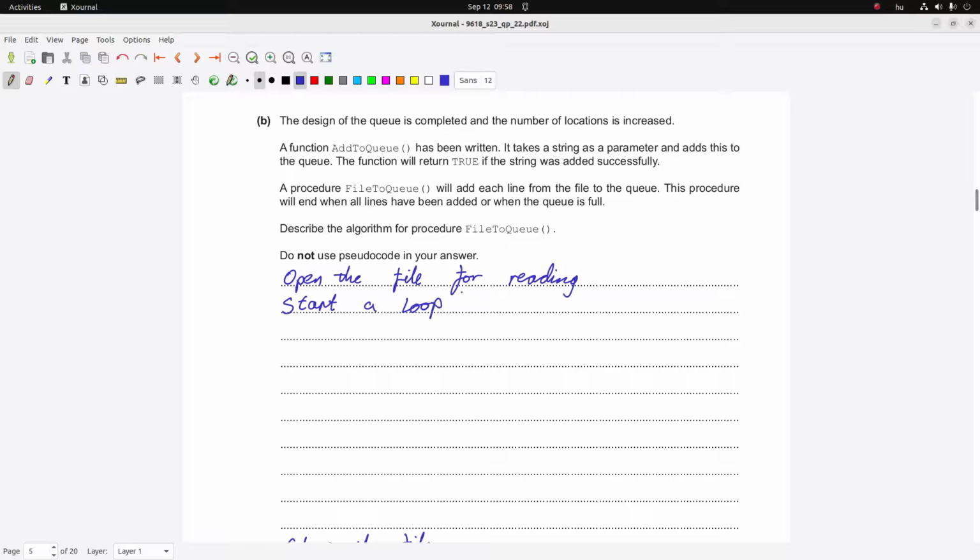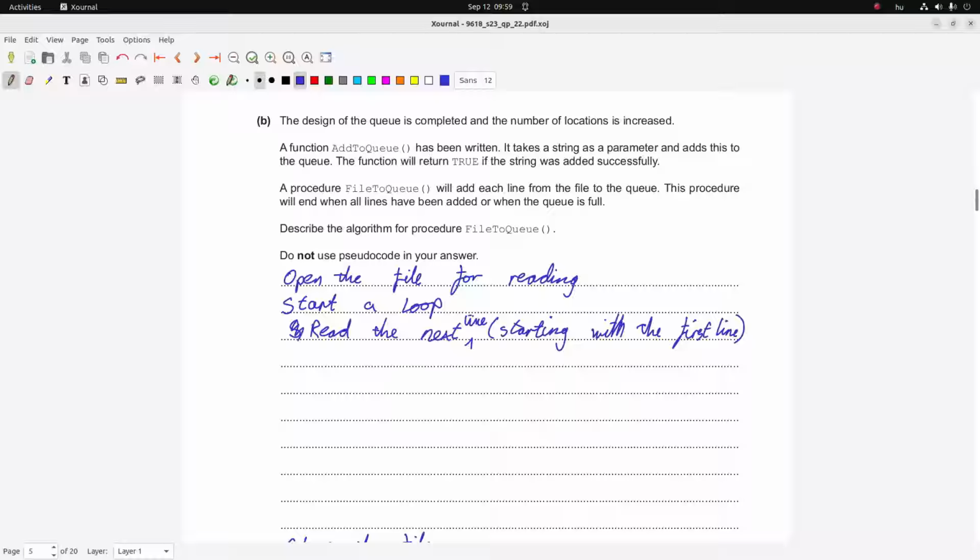And then we're going to start reading line by line, starting with the first line. Okay, I'm going to just write it a bit weird. Read the next line. But I didn't yet define what should be the first line, so I'm just going to put it here. Starting with the first line. After reading the next line,